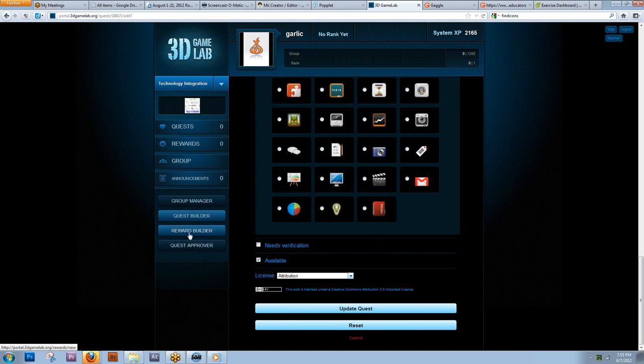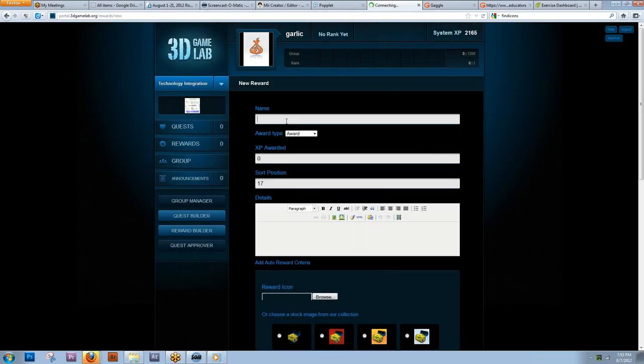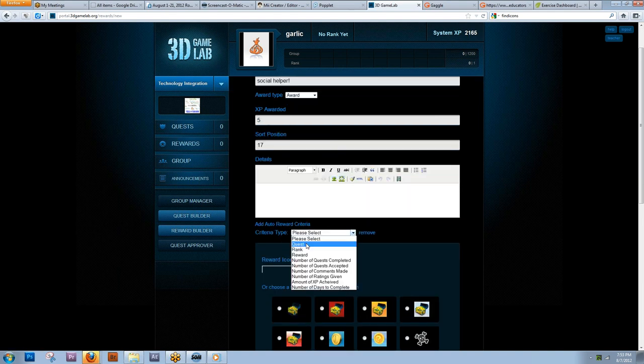Your question about the icons for badges in the reward builder here, which is kind of like the quest builder. Award type, they need an infographic here, but awards are manually done. Achievements and badges, I think, are system done. Do they get bonus XP, and so on. Auto reward criteria. This is where the rewards get really powerful. As soon as they get to a certain rank, they've rated so many quests,